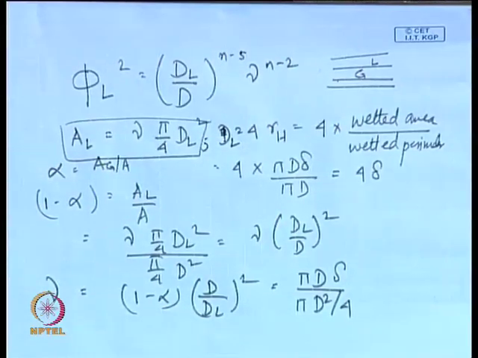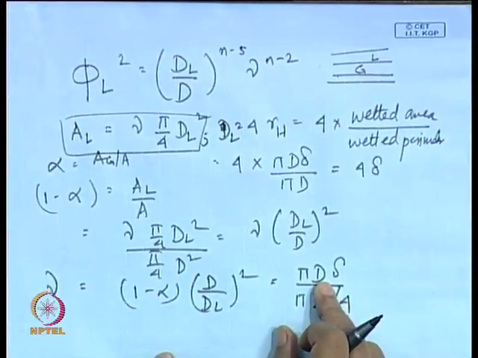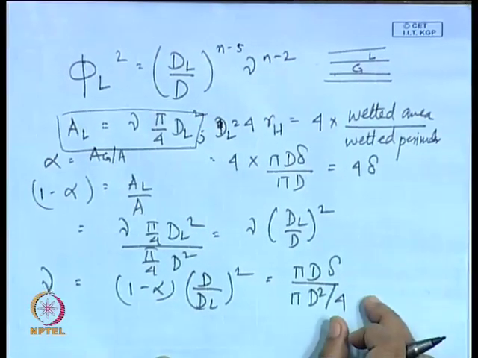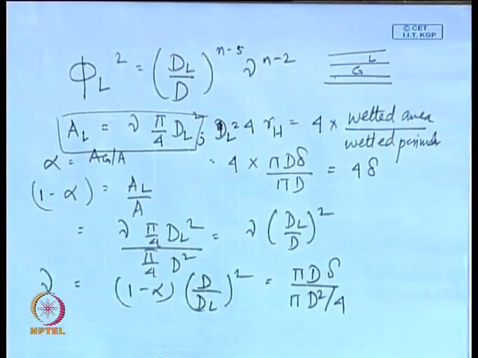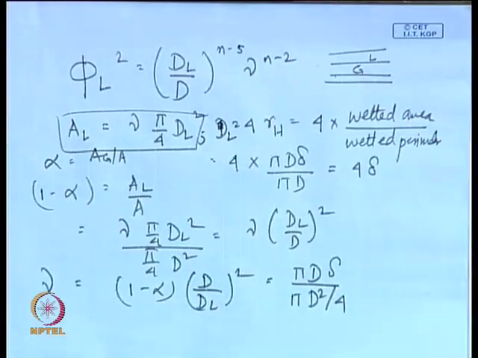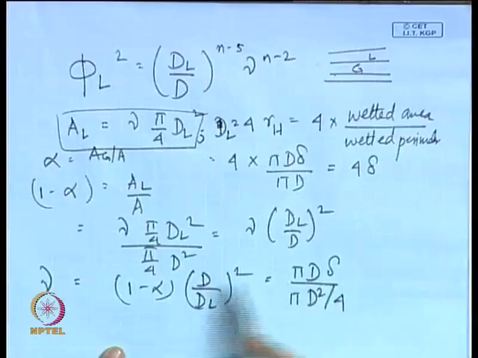If you have to express it in terms of d_L, then there has to be a shape factor. But this particular thing is based on the assumption that the liquid film thickness is much less as compared to the tube dimensions. And the assumptions which I had told you in the last class, that the interface is completely smooth and it is much thin as compared to the tube dimensions. Under those conditions, from flat plate assumptions we can take d as